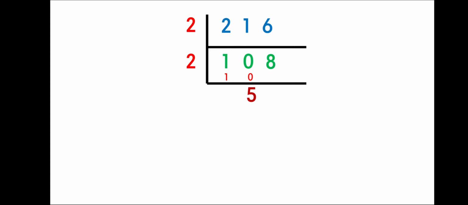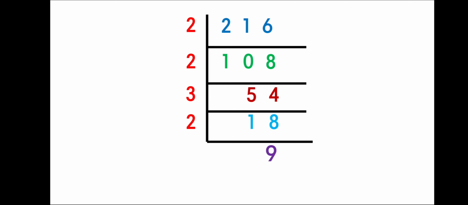So here we will take 2 5s are 10. There is no remainder, so we can consider 2 4s are 8. Continuing the same way, 3 1s are 3. Remainder is 2. 3 8s are 24. Again 18 is divisible by 2. 2 9s are 18. 3 3s are 9.